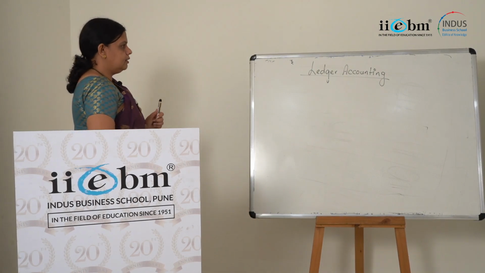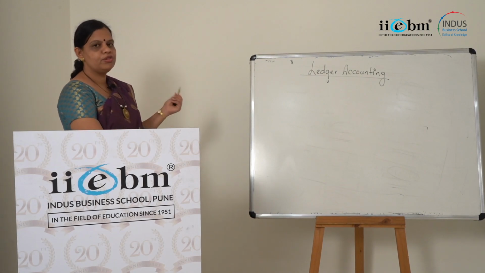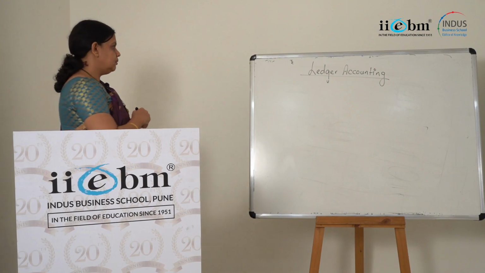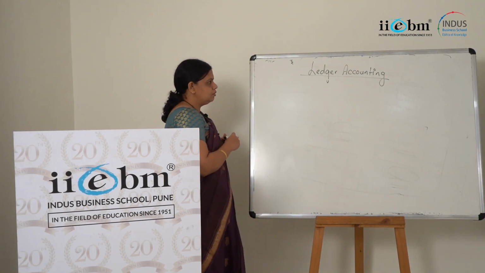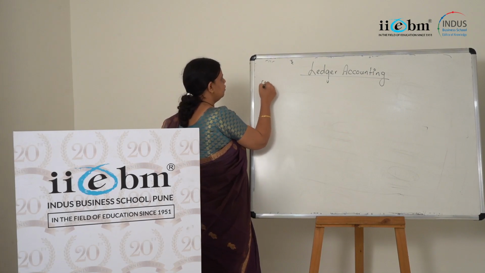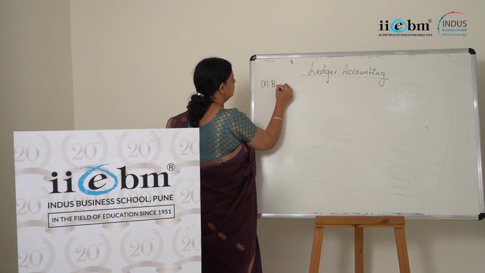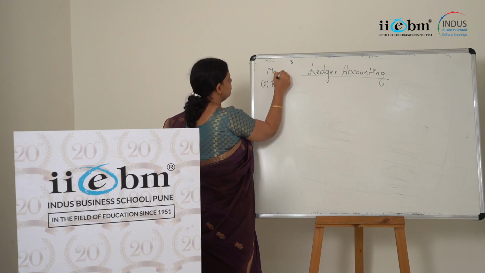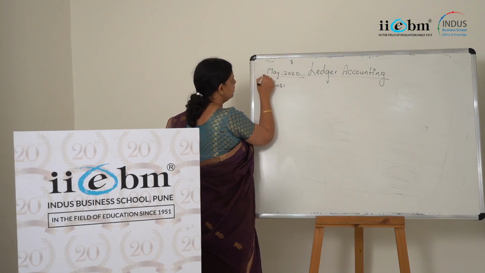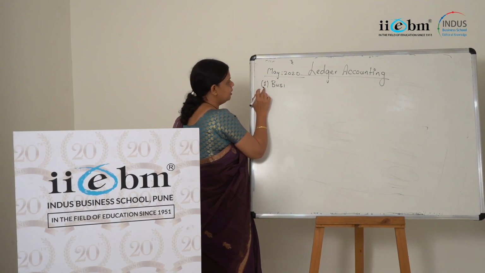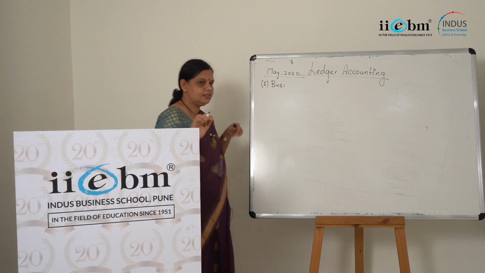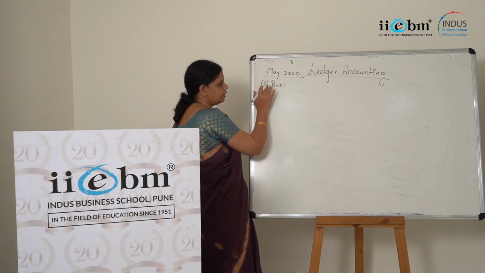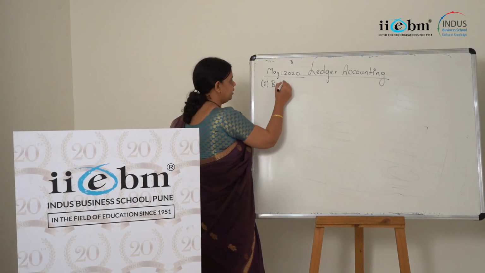So let's understand the next part, that is trial balance. Now before that, let's solve one simple problem first on ledger account, and then I'll explain the trial balance, okay? So write down a few business transactions. First, all these transactions are for the month of May 2020. Now I am putting number 1. This 1 can be treated as 1st May, right? All transactions I am writing for the month of May.